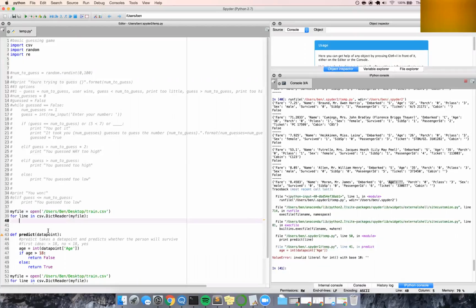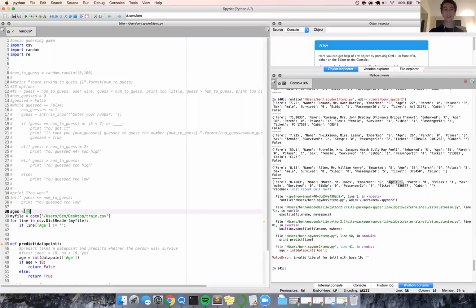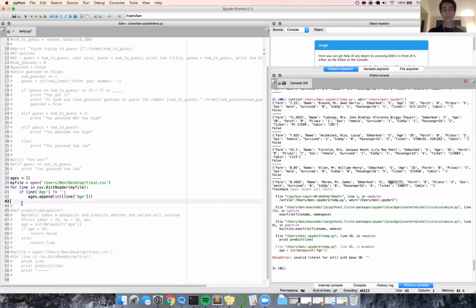Yep. So for line in our file, we're going to read the file in again. And we're going to say if line age is not equal to an empty string, which means we have an age, we'll call this ages. We'll make a list. We'll say ages.append, and we're going to append an int of the age. So if I comment all this junk out for one second and print ages,